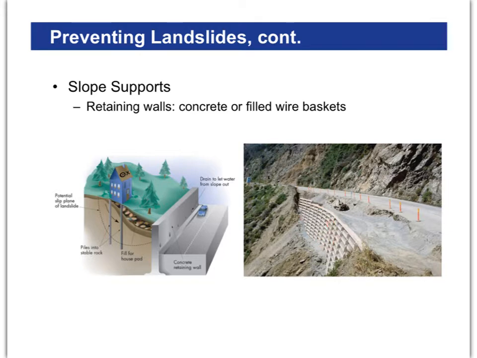If this wall weren't here, you can see how this stuff would be very likely to continue sliding down, let's go with red, and probably erode the side of the road right there. But with that wall in place, that slope support, it makes the road more stable and likely to stay in place.